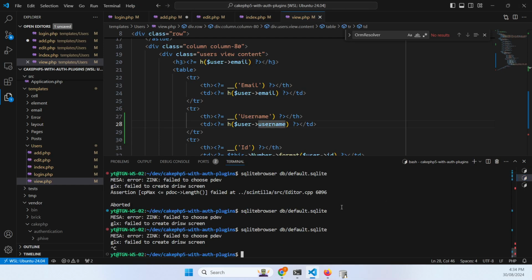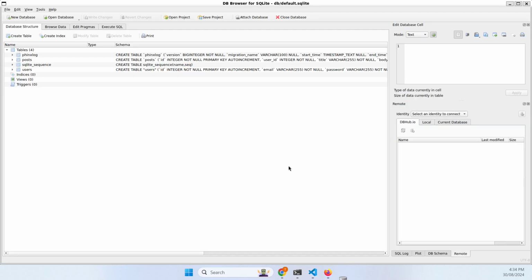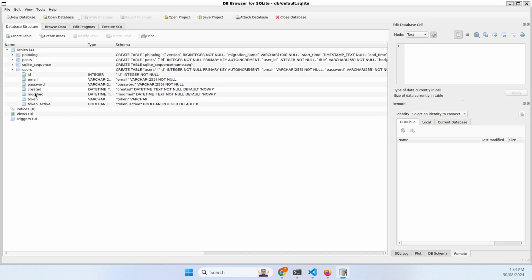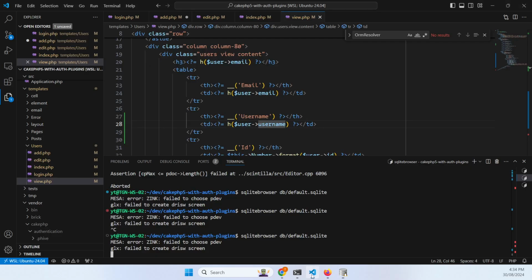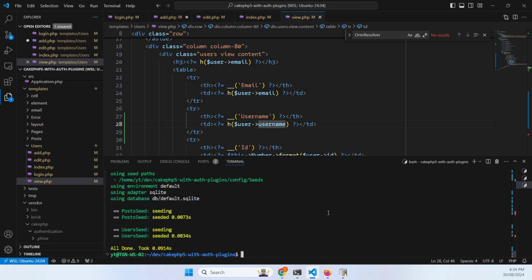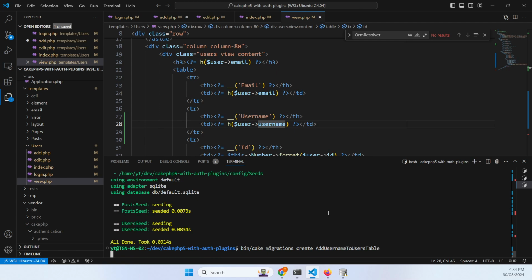Let's open that database again, and we can see in the database here that we don't have a username field. Now obviously I could just modify the table and create a field, but it's a lot better to use migration so that you've got a history of exactly what you've done at each step. So I'm going to create an add username to users table migration,